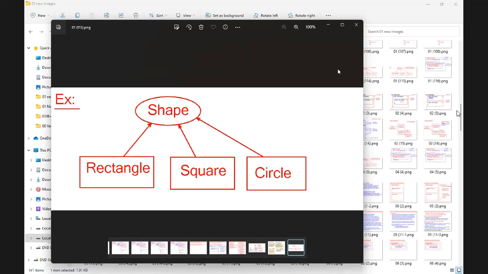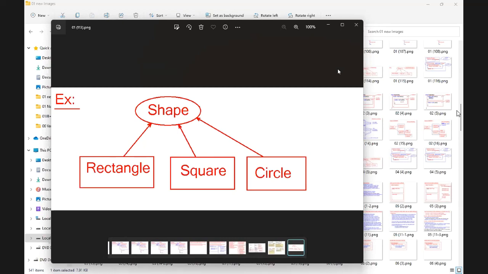Point number 1. Understood? Point number 2. When to use a concrete method? If you want to implement an operation and allow subclasses to reuse the operations, we use a concrete method. For declaring, abstract method. For implementing, concrete method.